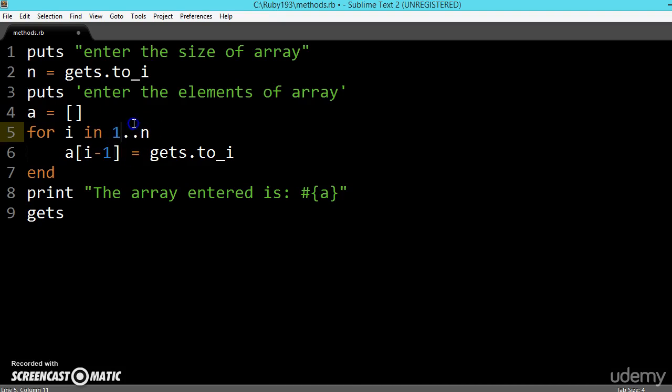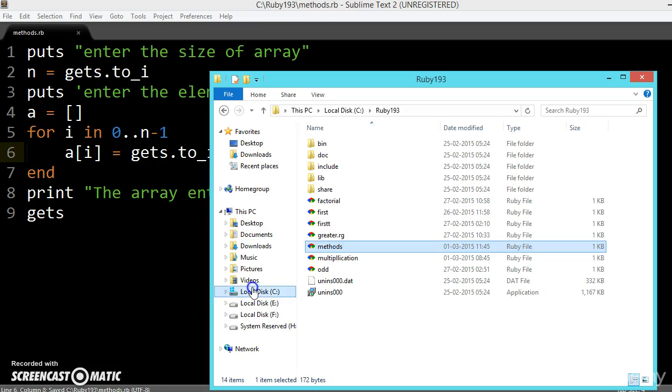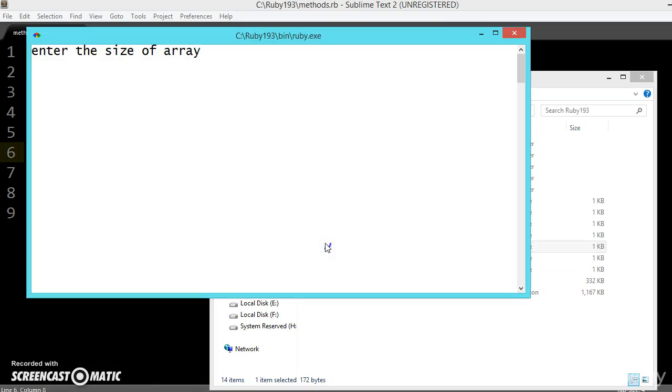If you feel this looks better for understanding, you can write it like this, or you can write 0 to n minus 1, and here give it as I. Both are the same. We will be seeing both results. And now open the method, enter the size of array. I want only 2.